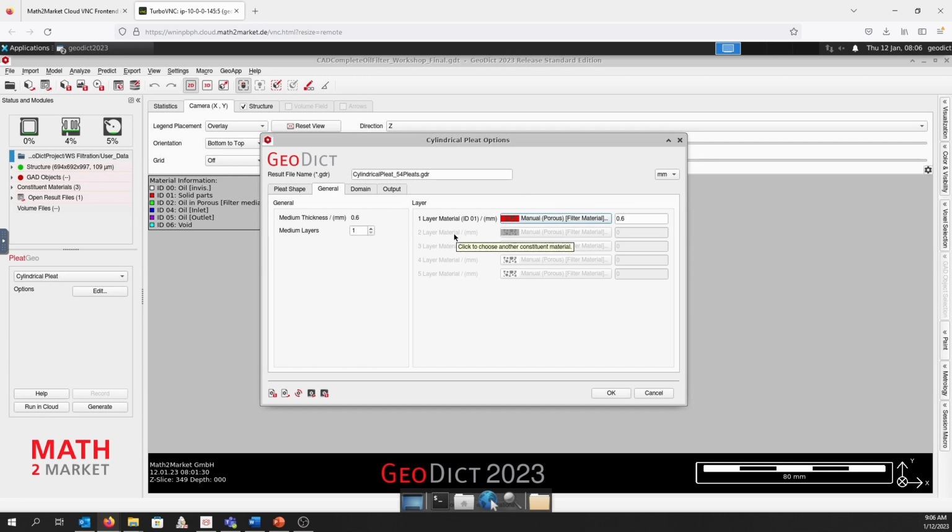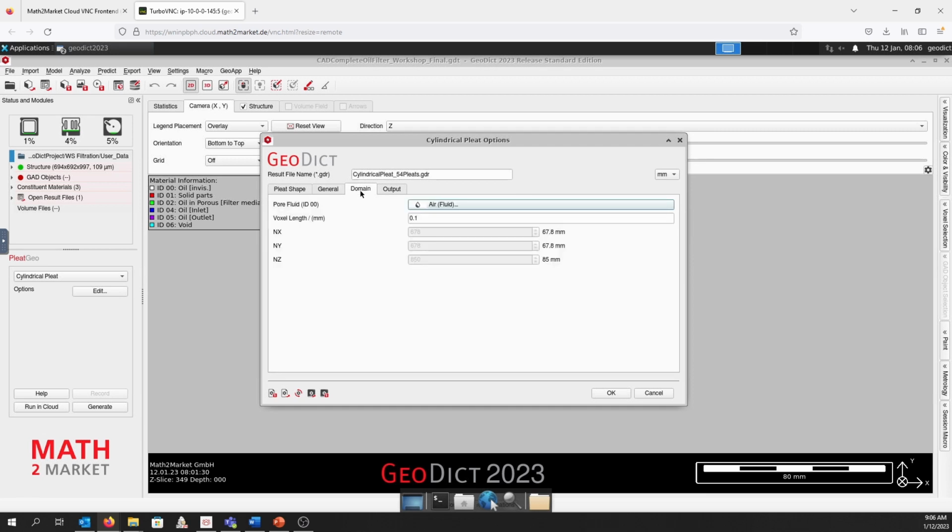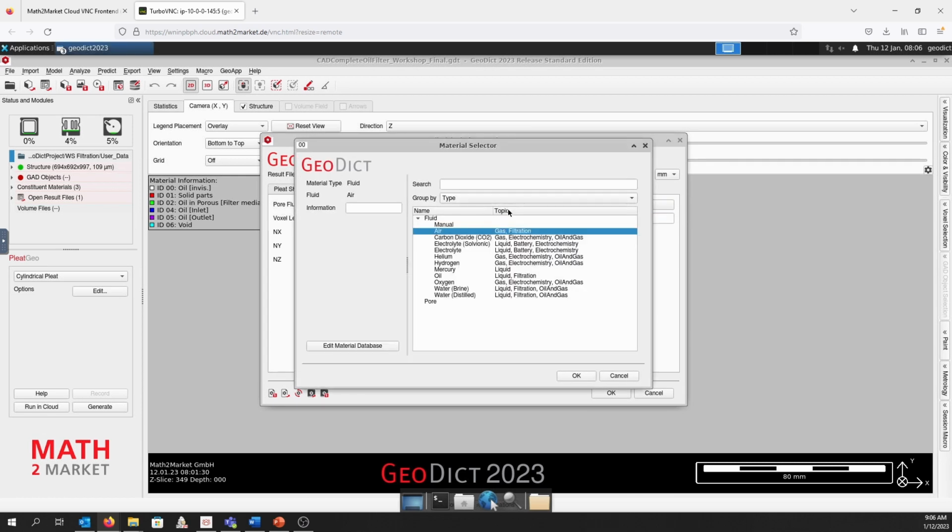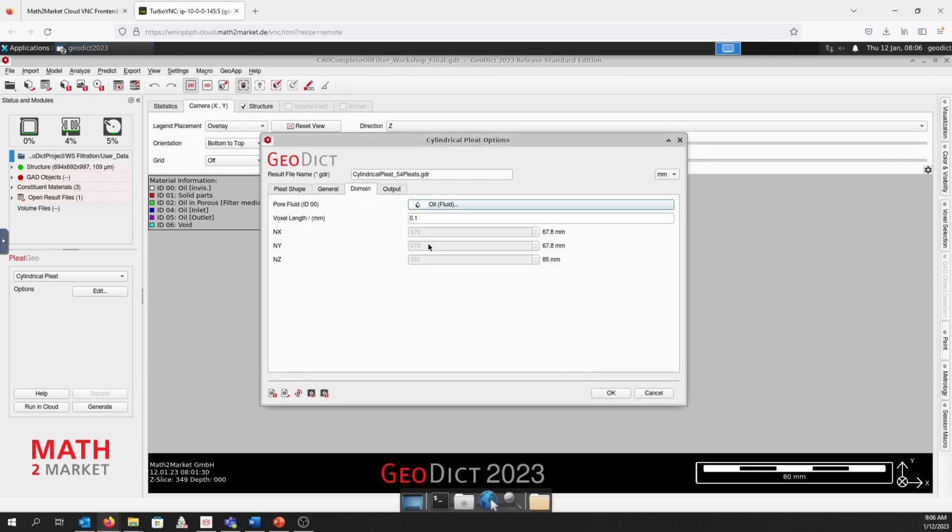Then we move on to the domain tab. Here we first of all specify which fluid we are going to simulate. So in our case, again, this will be oil. And we can specify the voxel length. So the voxel length ideally should be the same as we have in the complete filter, so that both numerical resolutions are the same.